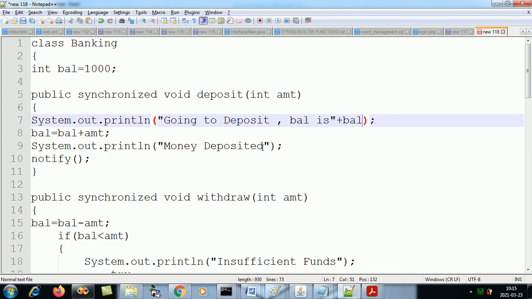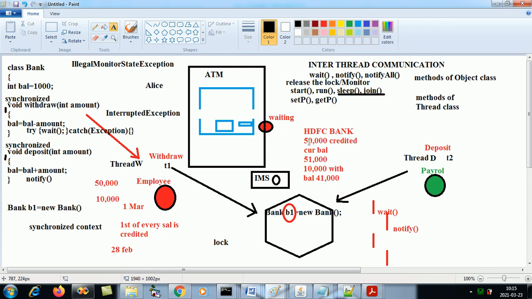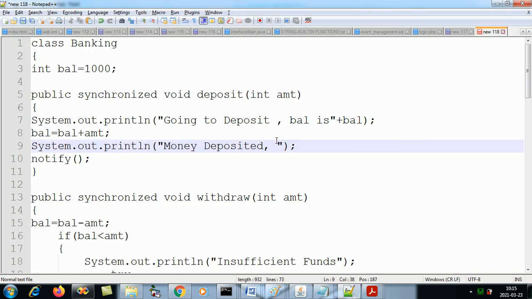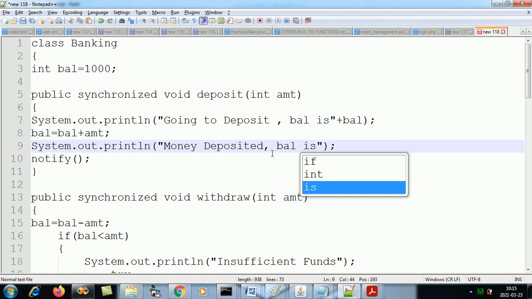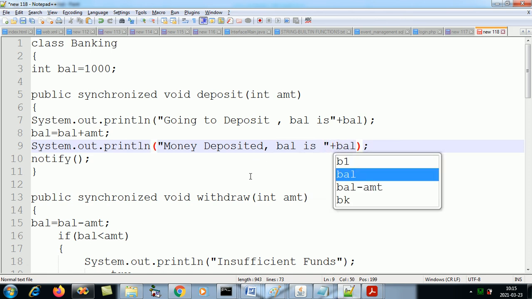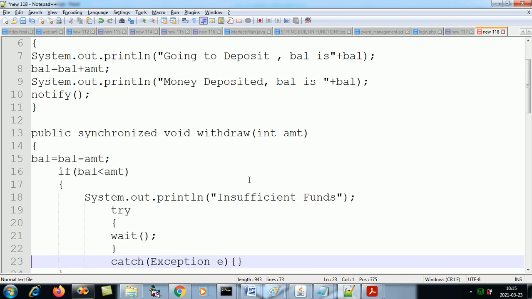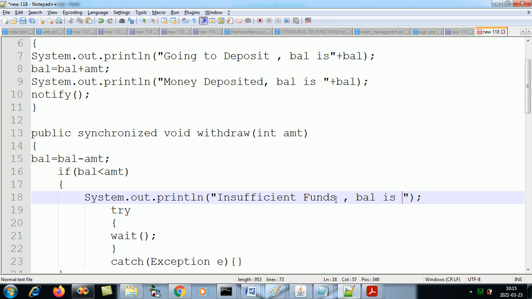Money deposited, and after depositing, what is the balance? 51,000, right? And now here when he goes to withdraw, in insufficient funds, at that time the balance is how much? 1000, right?